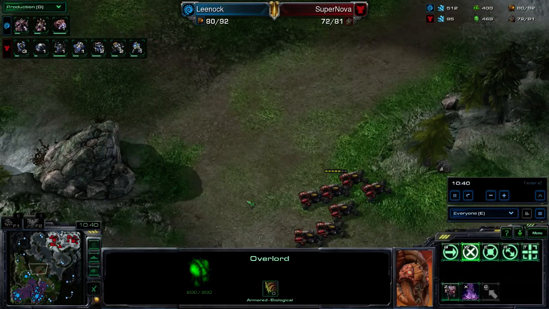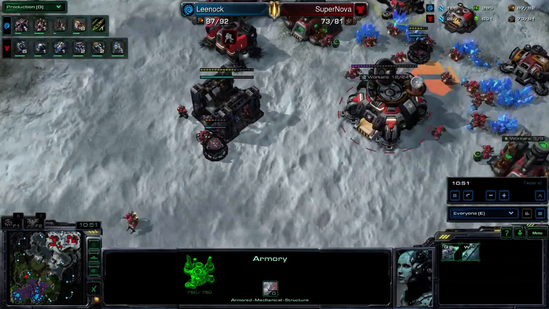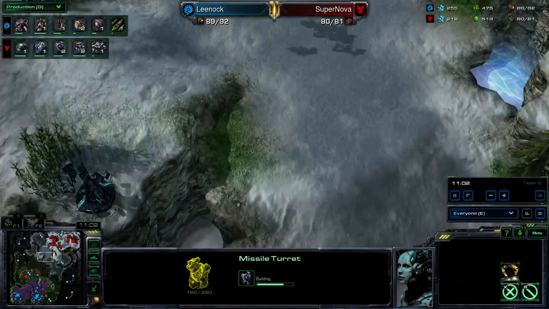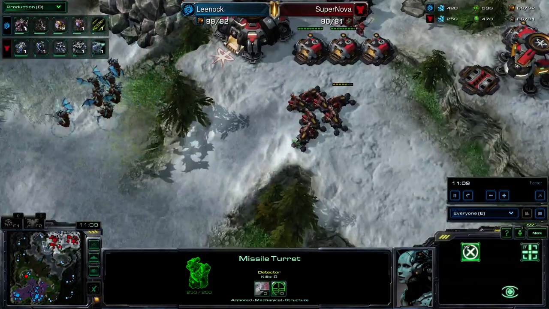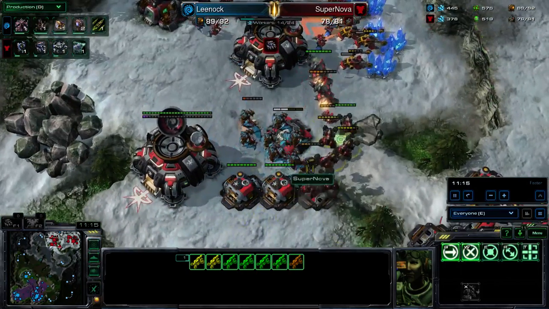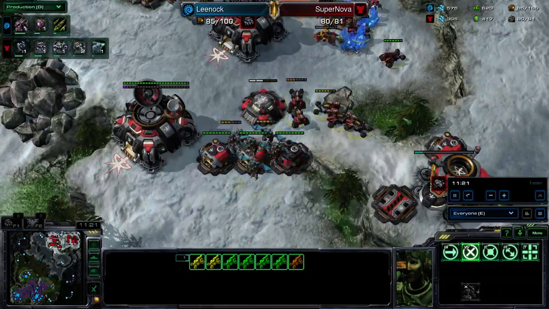Either way. So starting to come up here, now we can see that it is mech as the Armory is coming down with no Engineering Bays. So mech is on the way. Counterattack potential with the Mutalisk is pretty high, and if you can stay on top of the Hellions with these Mutalisks and just get whatever you can, that'll be a really nice trade. You don't ever want to overcommit here though, and Leenock's being just a little bit sloppy with these. He only lost